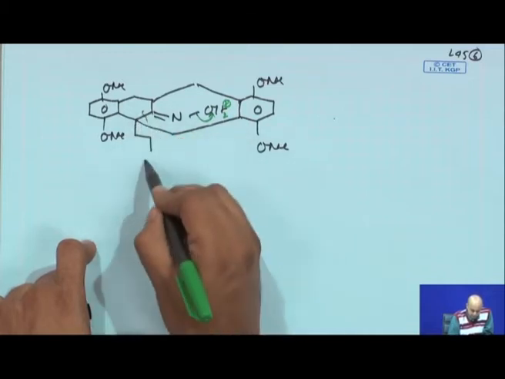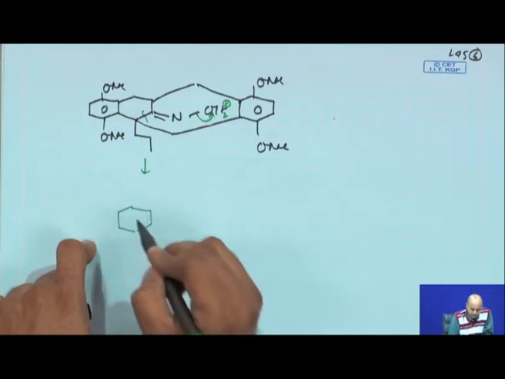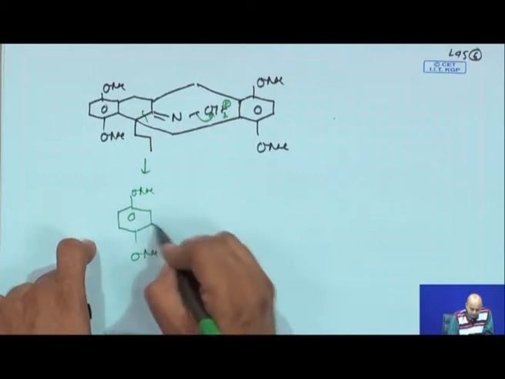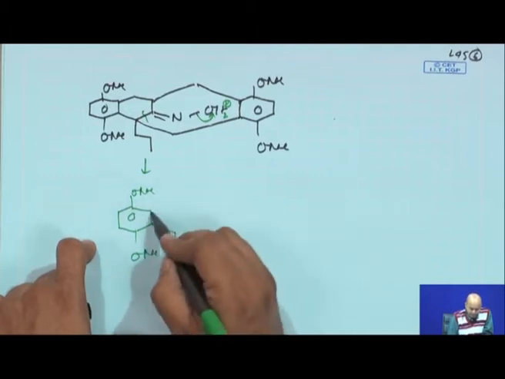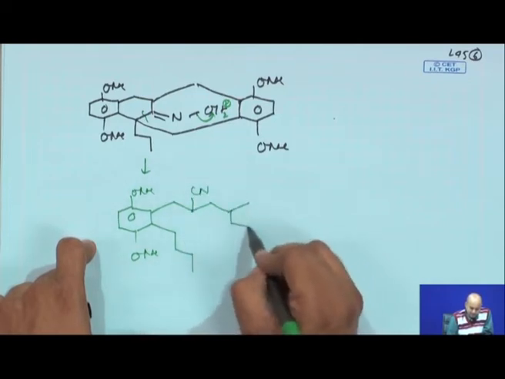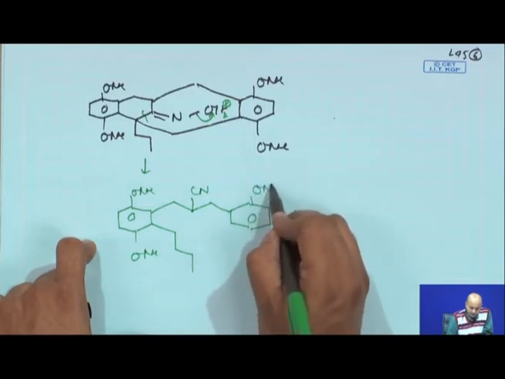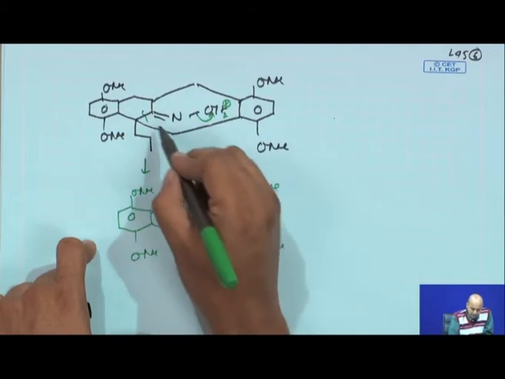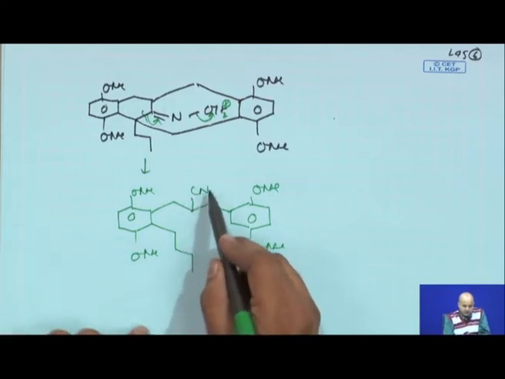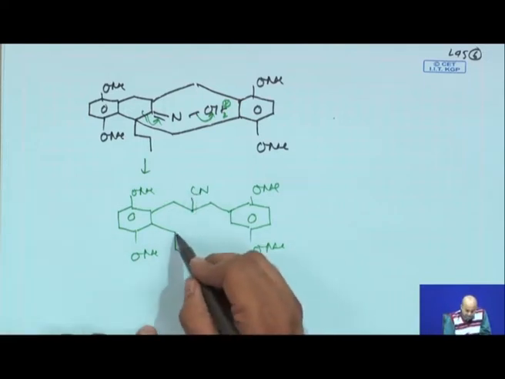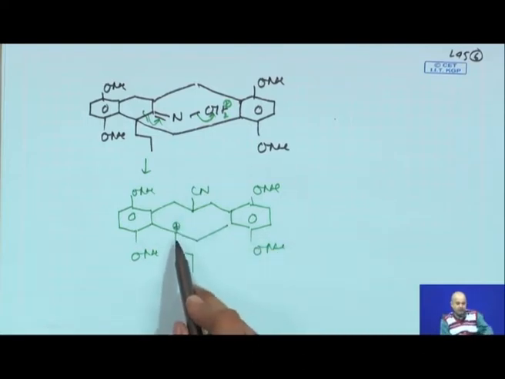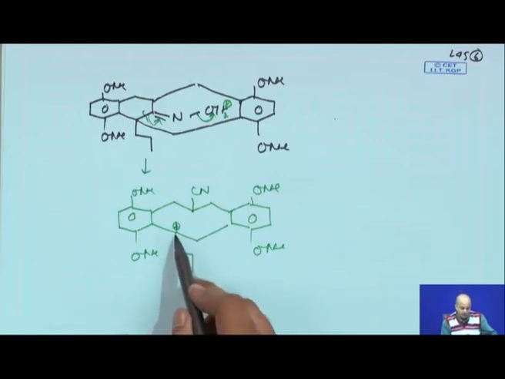So, this fragmentation will basically give you OMe, this part, and then your cyanide now goes there, is it not? So, your OMe. Fragmentation basically means this bond puts all these electrons into this double bond, so C triple bond N is formed. Now, you will basically have this carbonium ion. This is an absolutely stable carbonium ion, benzylic as well as tertiary.